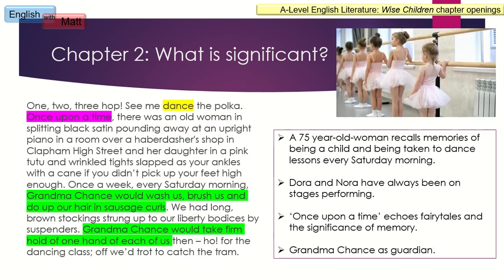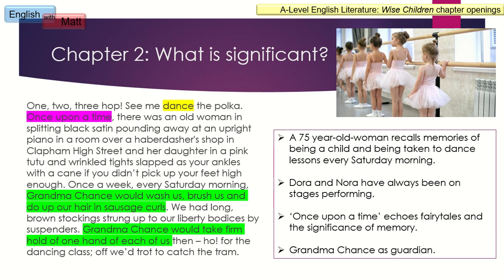In chapter 2, the narrative continues to have this very energetic but also quite childlike tone here, maybe because an adult Dora is looking back at the memory when she was 6 and 7 to begin with. And one of the things that they did when they were very young girls is they were taken to the Worthingtons dance classes in Clapham High Street.